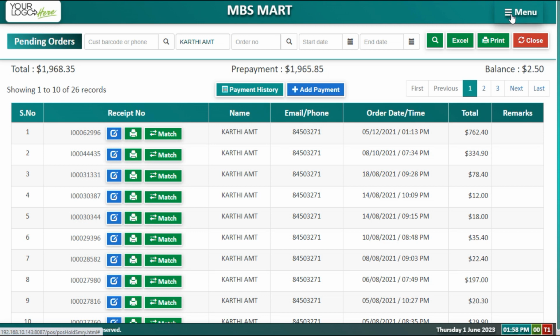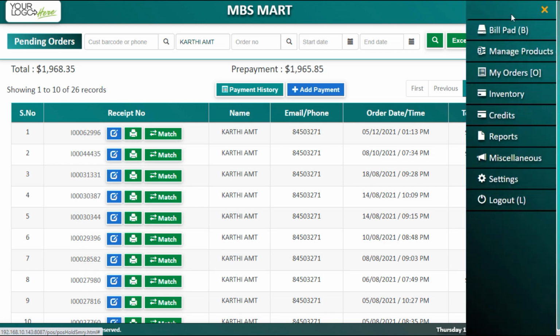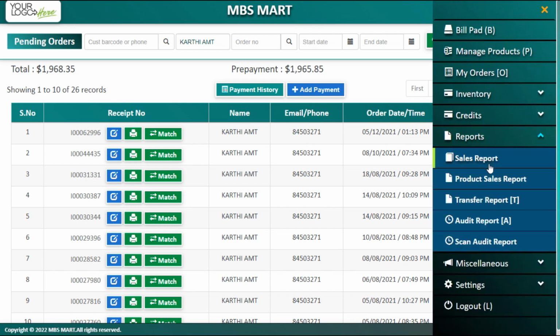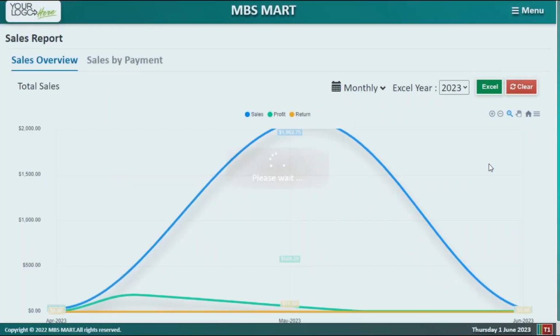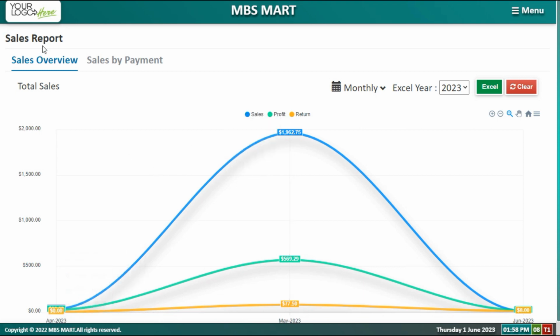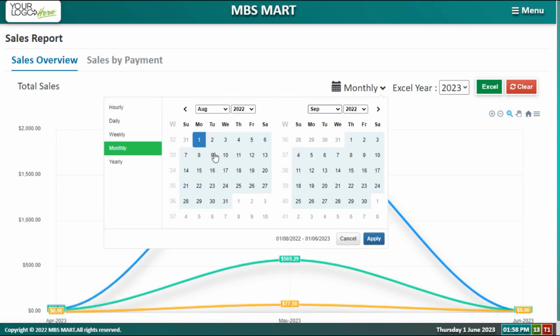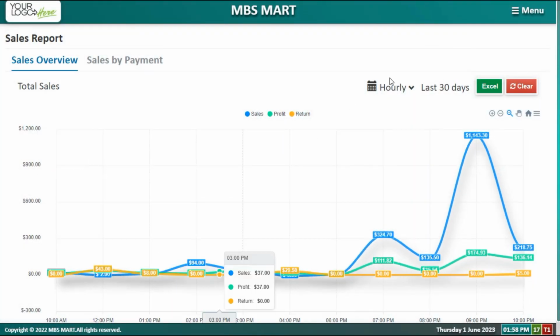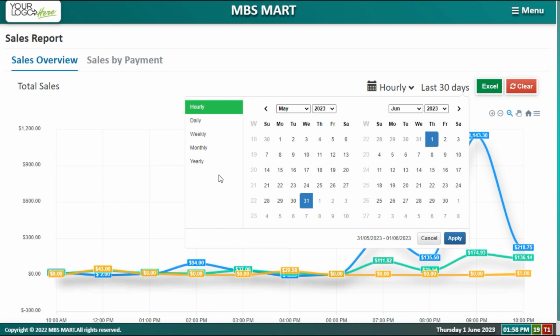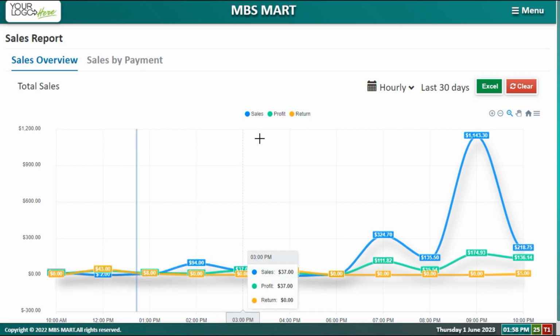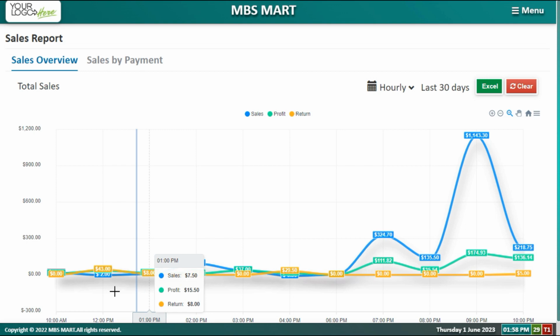Let me show you the other sales reports and the other reports. Sales report, basically you have the sales report. You can see by month, and then you can see by hourly, and you can see by different frequency. So for the hourly one, basically you can see all the sales, profit and return, and you can also see by